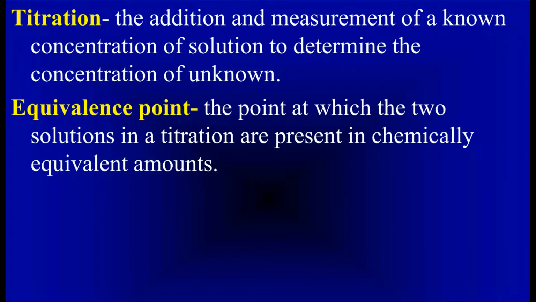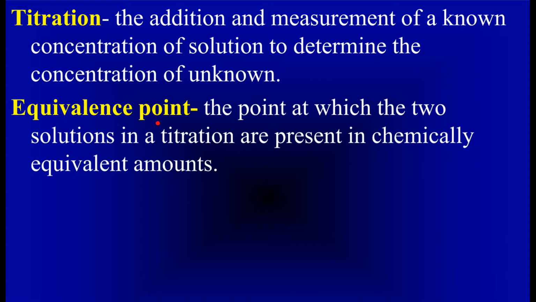Okay, so this is a lesson on titrations. Titration is used if you have an unknown concentration of, say, an acid: you can use a known concentration of a base in order to determine the concentration of that unknown. And the reason you can do that is you're going to add